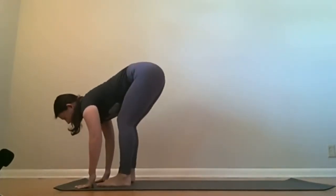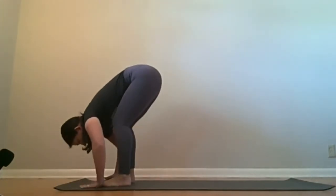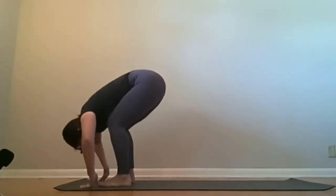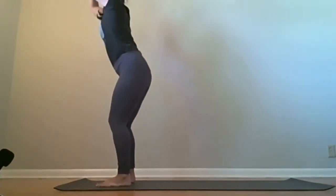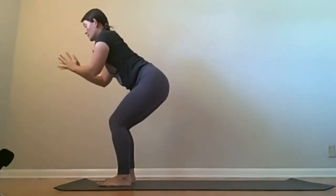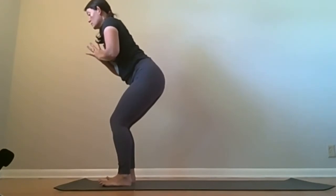Halfway lift as you breathe in, feet are hip width apart, and exhale, fold forward. This wider stance helps us to feel stable, so on the inhale, rise into a mountain pose, keeping your feet hip width apart. We're sitting back into our chair pose. Start with your hands at your heart center. Shift your weight towards your heels and float the